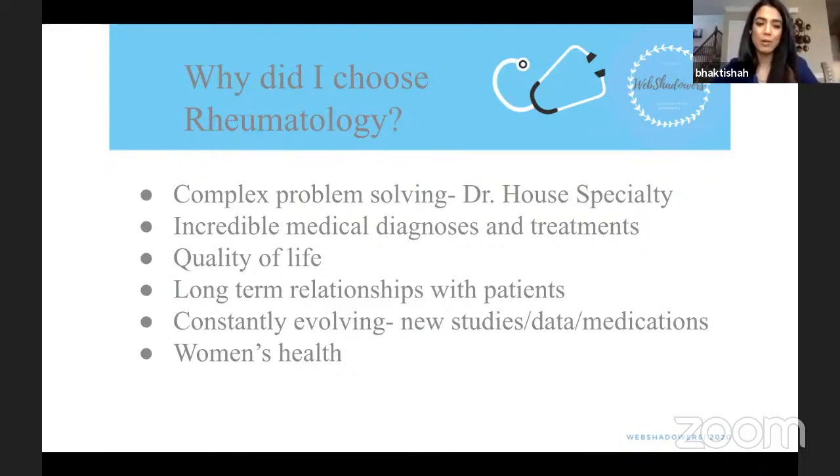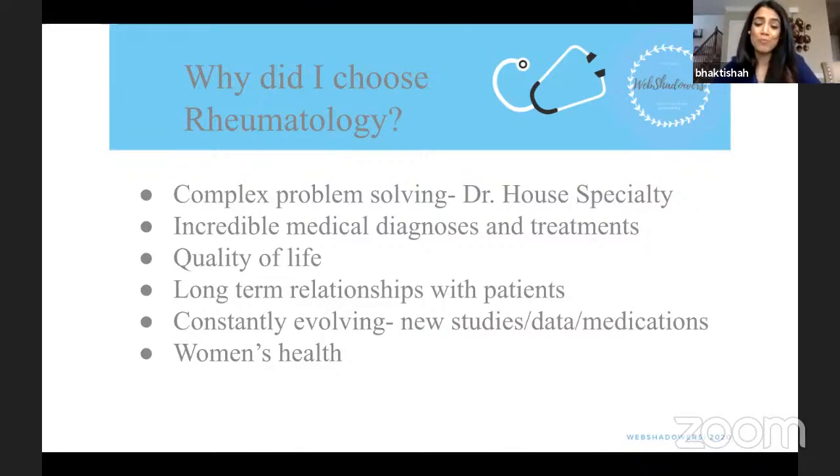I alluded to this earlier as well, but quality of life was very important to me when choosing a career. I loved so many other fields, but I also wanted to make sure that I had a life outside of work and a good work-life balance. So I chose rheumatology because it is a very lifestyle-oriented field. We work long hours, yes, so you could work 40 to 60 hours a week, but there are very few instances where you'll have to be called in the middle of the night, or rushed into the hospital on the weekend. It's rare. It could happen, but it's rare. Because you can maintain a quality of life, that's another reason I chose this field.